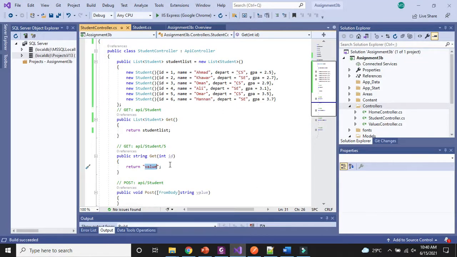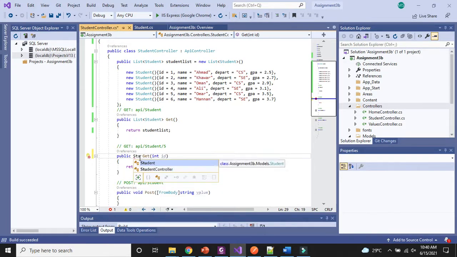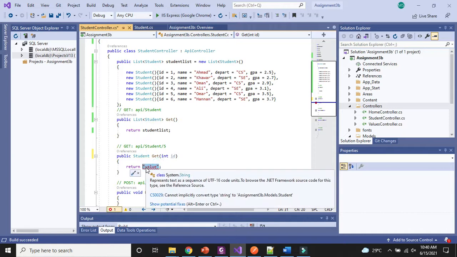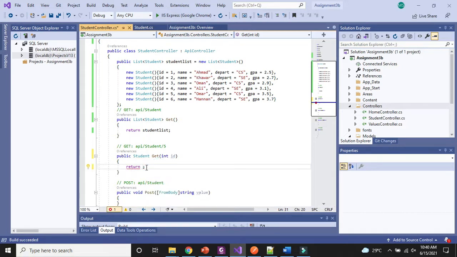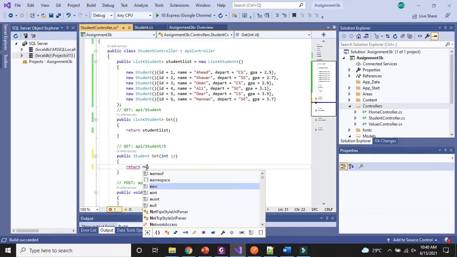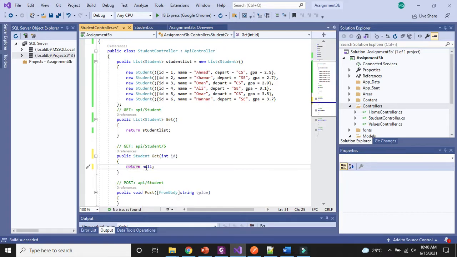So I will go over here, and now in this query we need to return the whole data of a student. Meaning it should be an object. An object of which kind? It should be an object of student kind. So I will change the return type. When I change the return type of this method, you can see here we are getting an error, because the return type is a student object and we are returning a string. That's why an error. So I will convert it to none. Now there will be no error.